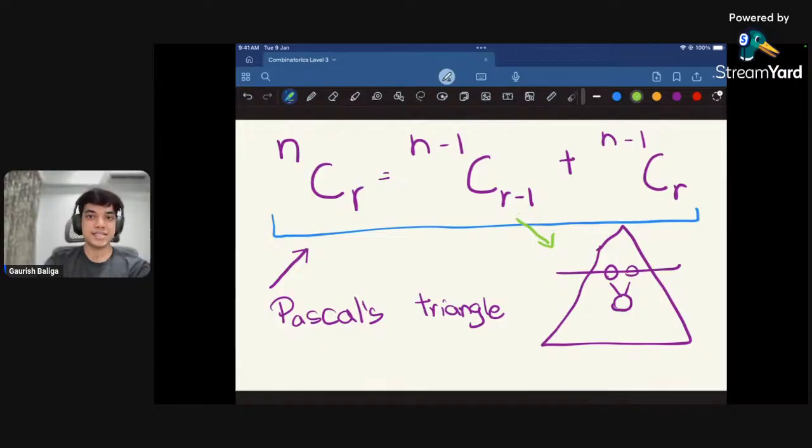Isn't this beautiful, guys? Pascal's triangle, for people who don't know, it's 1, 1, 1, and then 1, 2, 1, and so on and so forth, right? The sum of these two, basically 3C2. Okay,